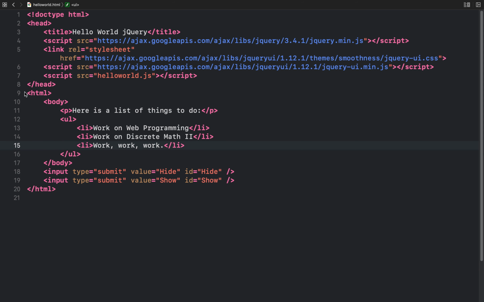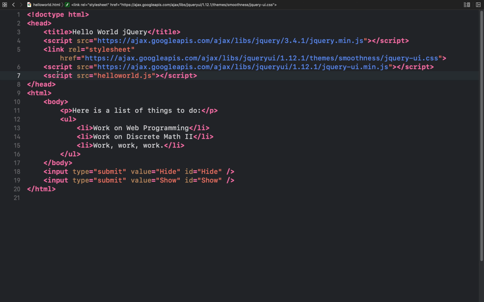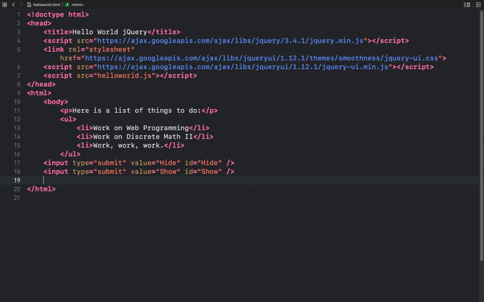Everything else that's just pure, beautiful HTML, I'm going to keep down here. So I guess I could move that script down here to line 20, or maybe line 19. Whoops, I just noticed an error here. I'm going to correct that. But if I do that, there's still no guarantee that although the HTML might be downloaded,